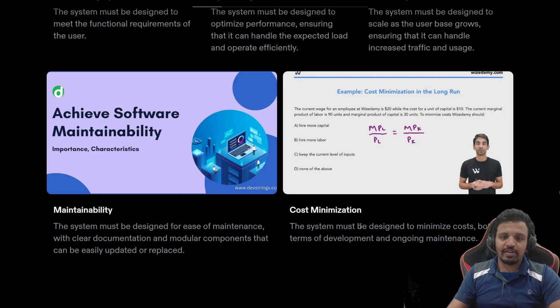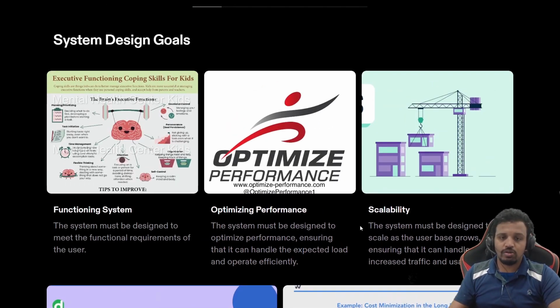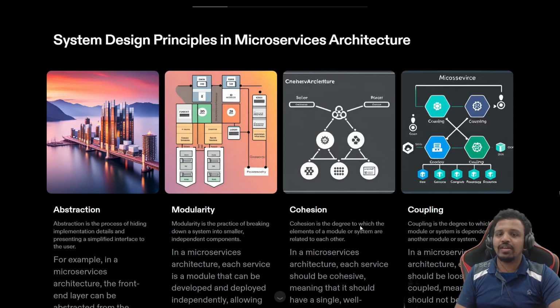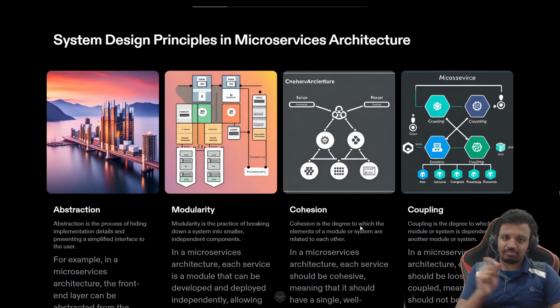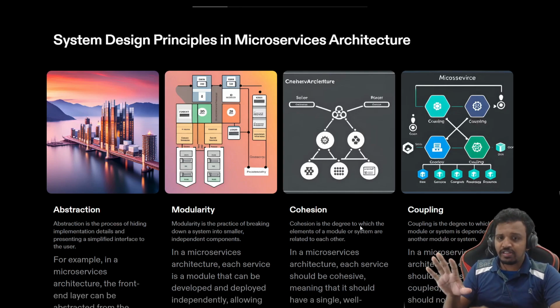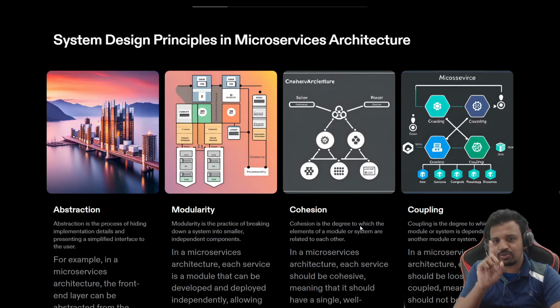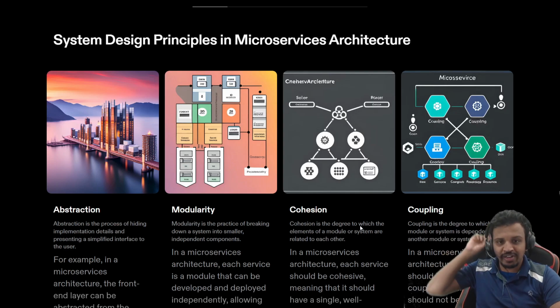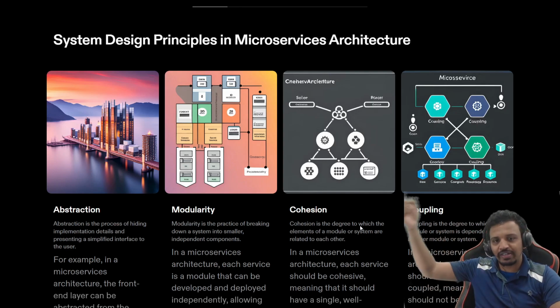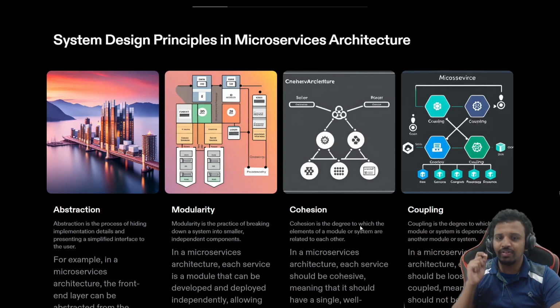Okay, so these were the 5 goals of system design. With that mentioned, we are coming to our last topic. This is the last topic, but very, very crucial. With this, we are going to understand why we are learning all these things. What is the challenge? There is only one challenge. Let me be very clear, there is only one challenge, which for decades till now, and for sure for many upcoming decades, we are going to face. So what is that challenge? Let's talk about that in the next 2 minutes.